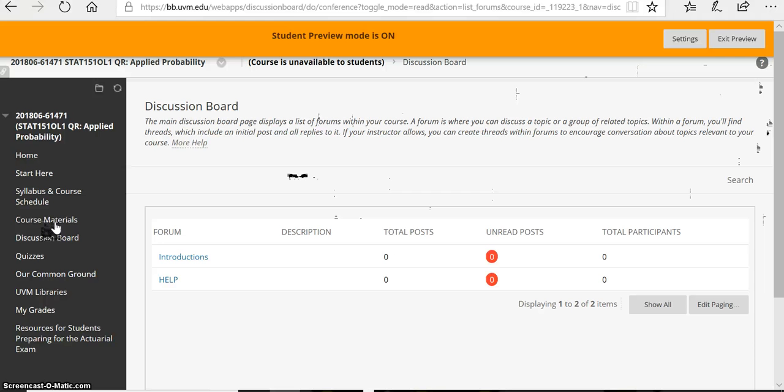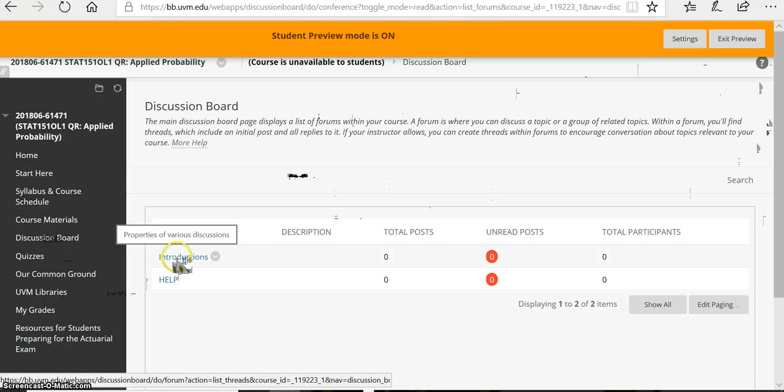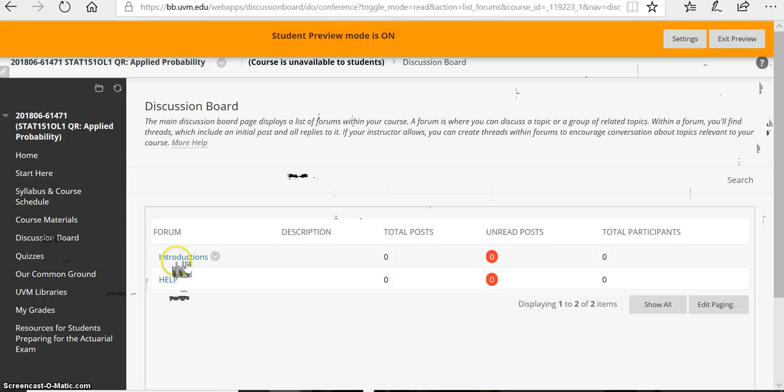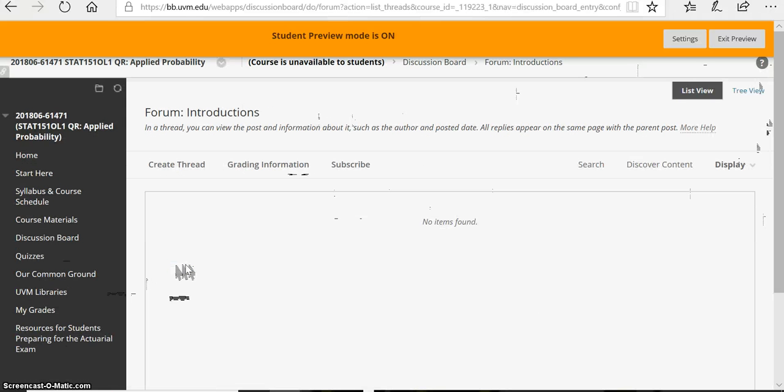On the discussion board, you'll see two forums listed. The first one is where we're going to introduce ourselves, and the second one is the help discussion forum. The introductions is where we're going to start, so I'll show you how to post in there. So I'm going to click on the name of the forum, and then to create a post I click Create Thread,